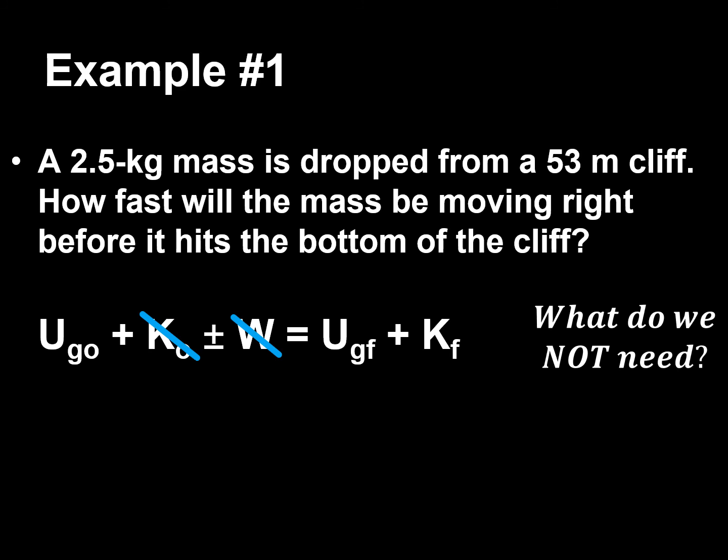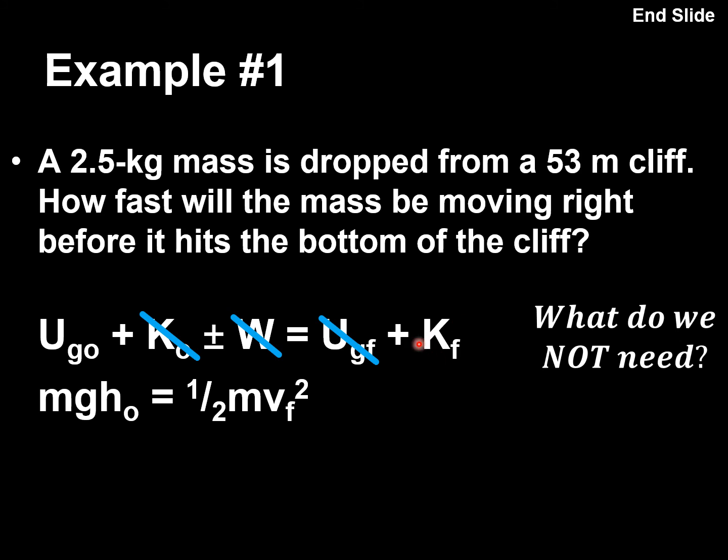And then that's going to be equal to the final gravitational potential energy. We're going to end at the bottom, so that means our final gravitational potential energy is going to be 0, but it is going to be moving at the bottom, so we do have a final kinetic energy. So then we simplify our equation so that we just have this. The initial gravitational potential energy is going to be equal to the final kinetic energy. So mass times gravity times the initial height is going to be equal to 1/2 times mass times the final